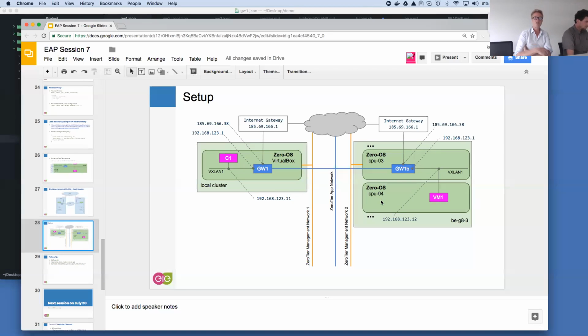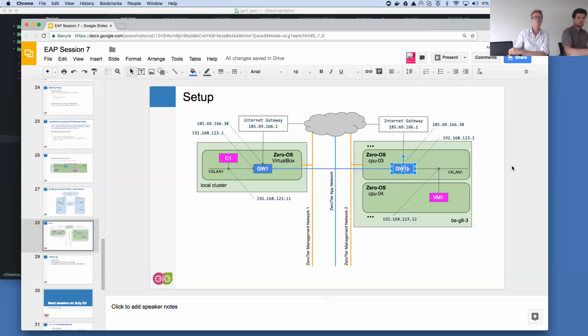I repeat, just as the other time, there is no particular reason why you would want to install gateways on separate CPU nodes. You could all put them in one single CPU node. There is no reason not to do so. But just for clarity, I'm separating things a little bit, which also makes it much easier for me to demonstrate. What is different this time is that we'll be introducing a new gateway, which again will introduce another